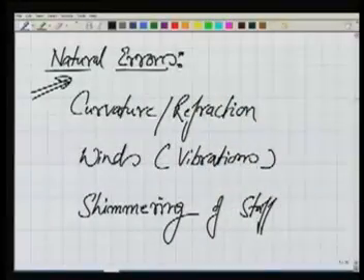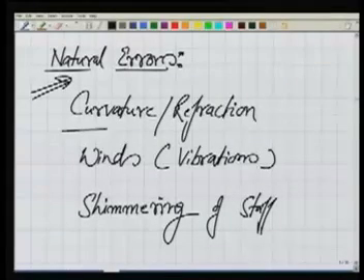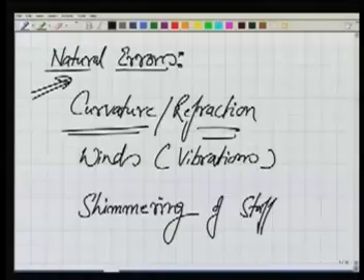Well, finally, one more kind of error, that is natural error, meaning the error due to natural sources. The very first one could be the error due to curvature of earth, or maybe the refraction. We have seen this. The second could be, as we observe, there could be